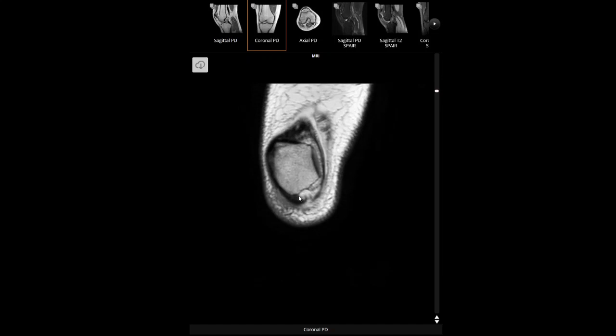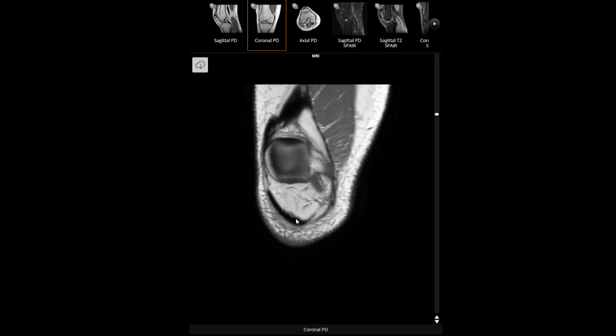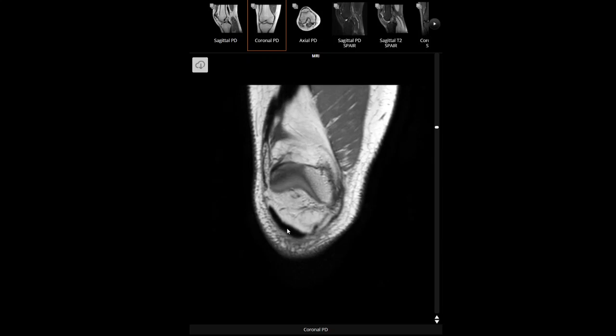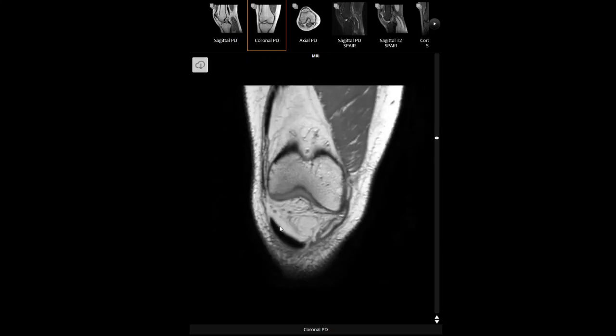as we move the plane of section posteriorly, this is also going downwards, because the ligamentum patellae, in addition to going downwards, goes backwards also. That is why in the coronal section we won't be able to see it as a continuous structure, but as an oblique section of the ligamentum patellae going downwards, and it will end at the tibial tuberosity. This is the patellar ligament, it will end at the tibial tuberosity.